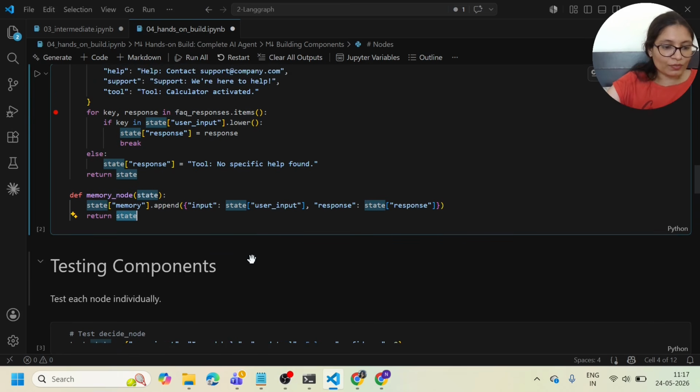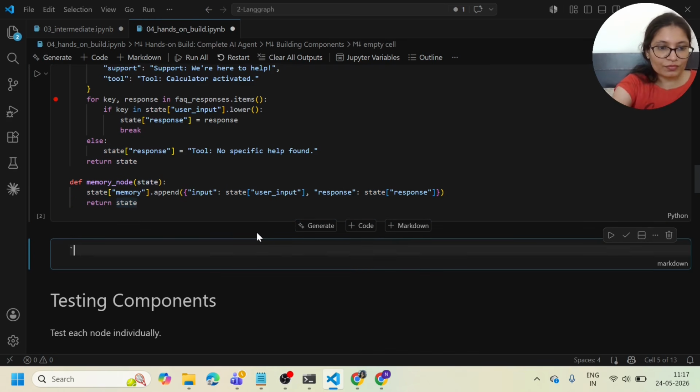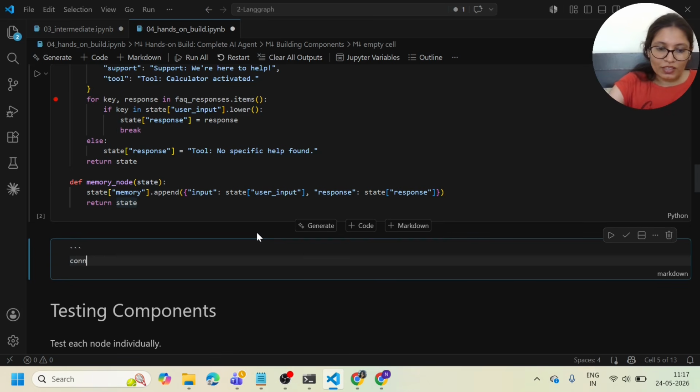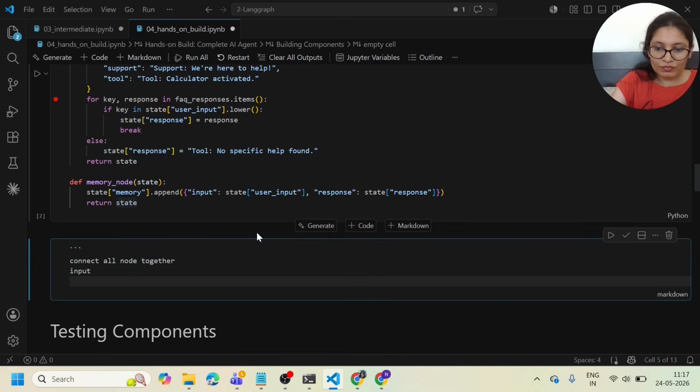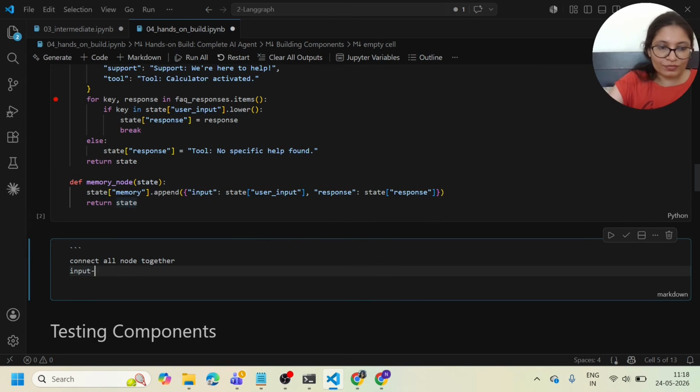Okay, so here we are going to build the graph. So now we connect all nodes together. For example, here I mention: connect all nodes together. First one is input, and then decide,